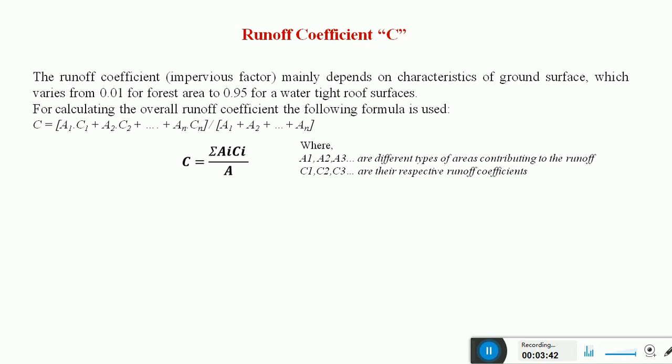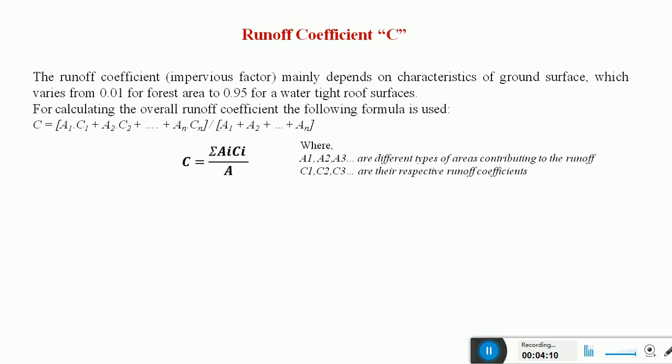Rooftop concrete or the floors are there, on which whenever the water falls the runoff characteristics will be different. Similarly you also have the road surfaces, where the raindrops which fall on the road surface will have a different runoff. Similarly you also have plain lands, that is grassland and open areas. Whenever the rainfall falls on that surface, the runoff will be different.